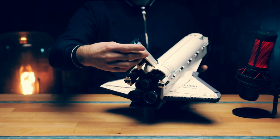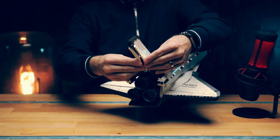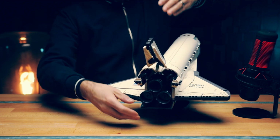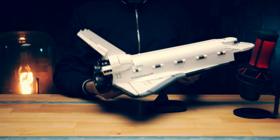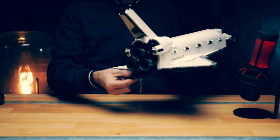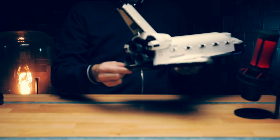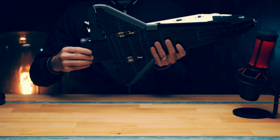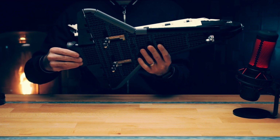And also you have a bit of a tail speed brake here, which just sort of opens and closes as the space shuttle comes down for descent, that sort of thing. And now popping him off the stand, has a bit of a tail flap right there, which sort of moves up and down, but this is also where the landing gear comes out of. If you push it quite firmly,